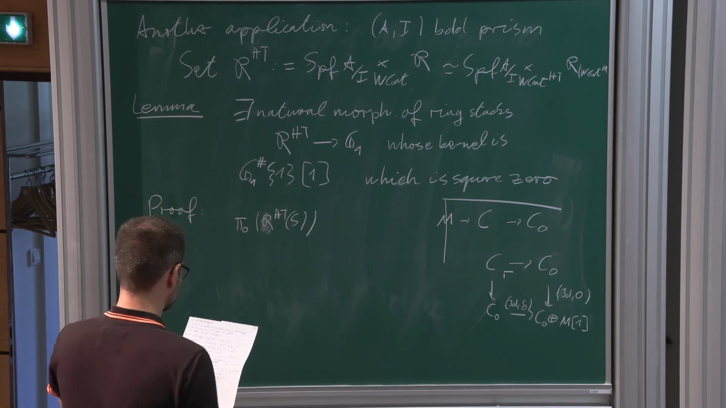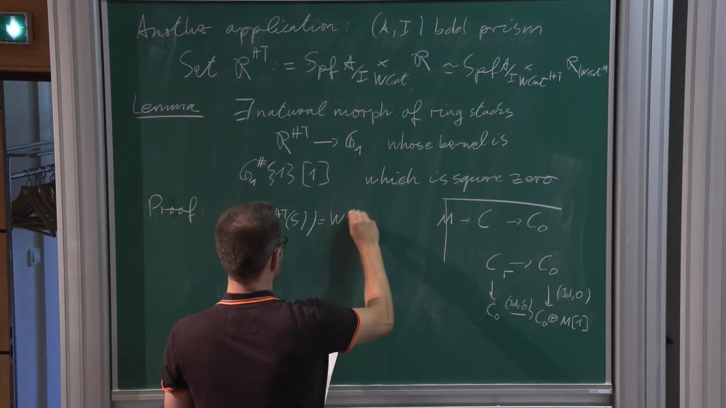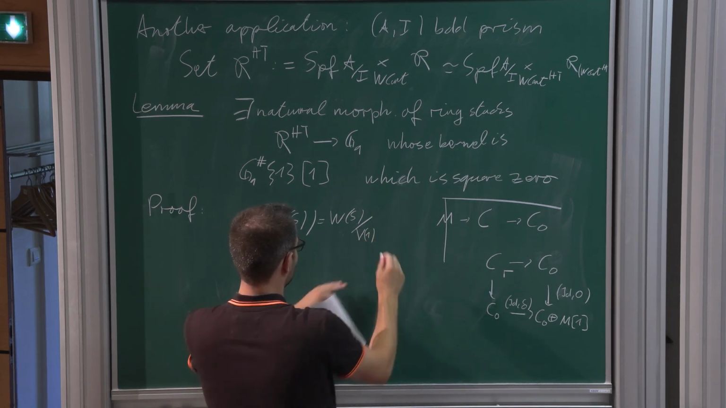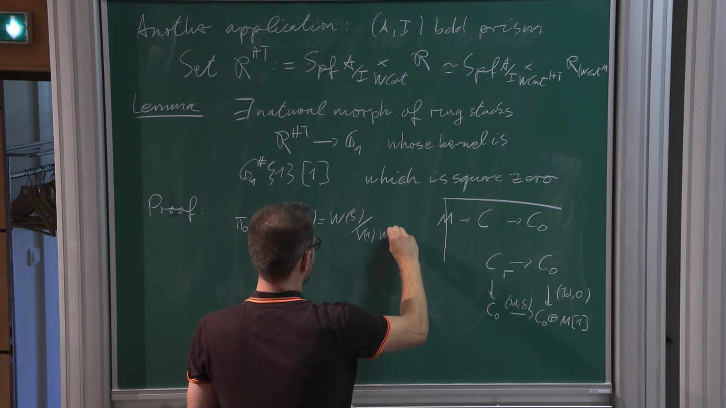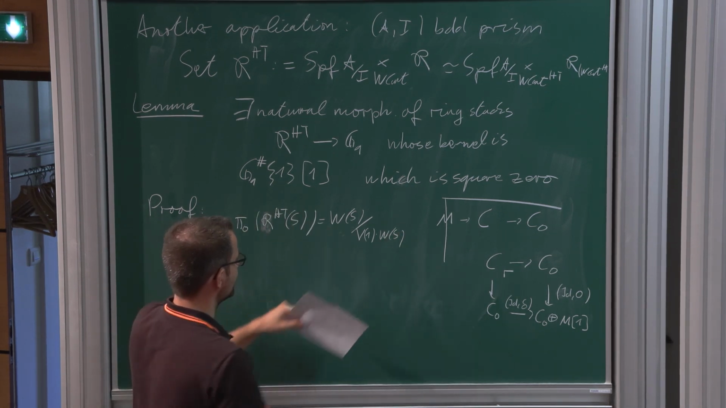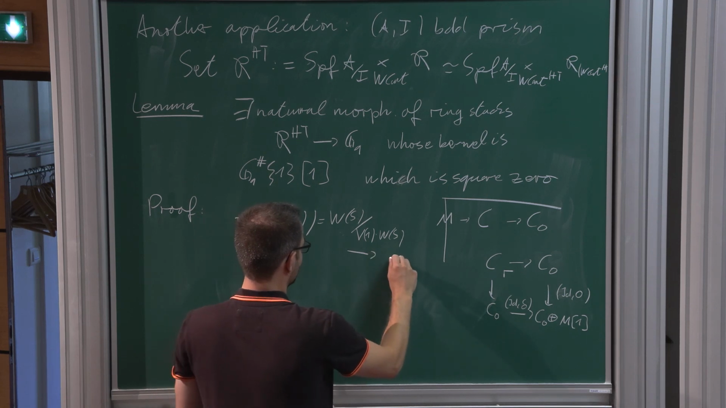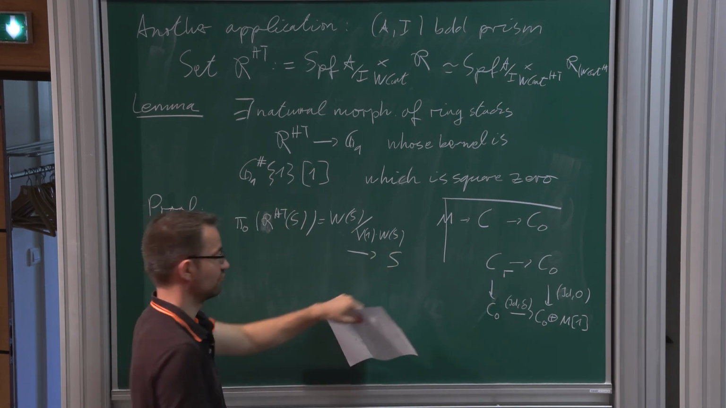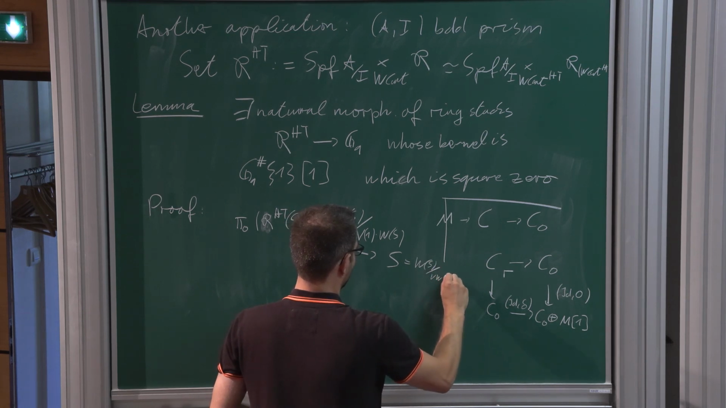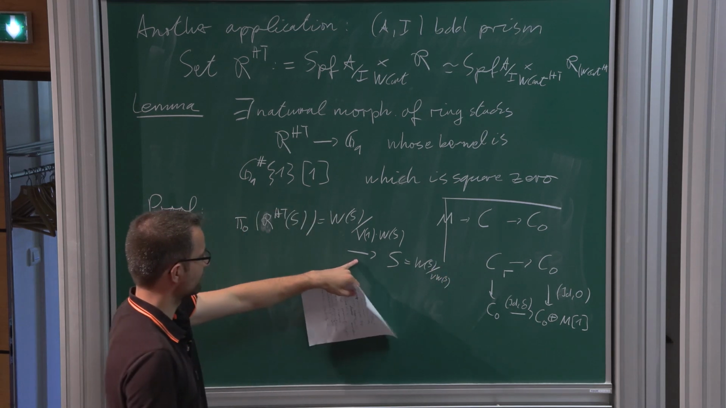And so what is this? This is given by the Witt vectors of S, but modulo V1 times the Witt vectors. So note that this admits a natural map down to S, which is given by the Witt vectors of S modulo V of the Witt vectors. And so actually